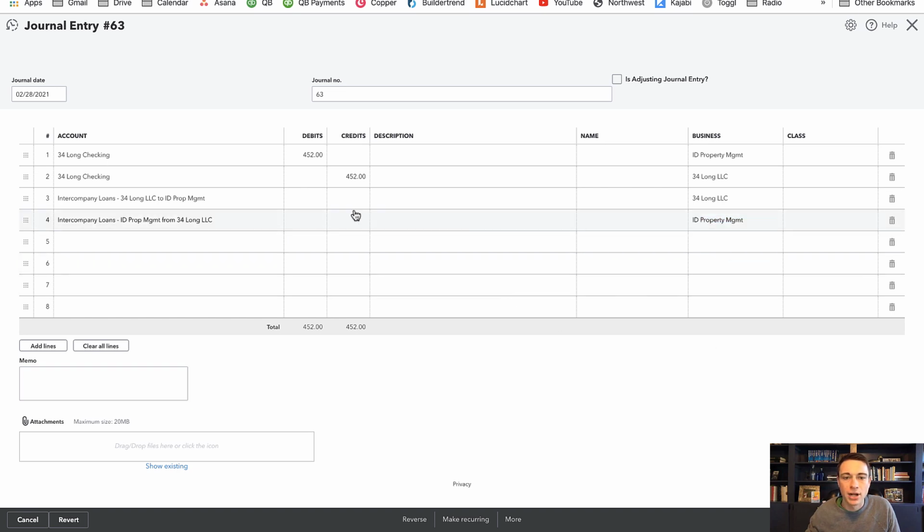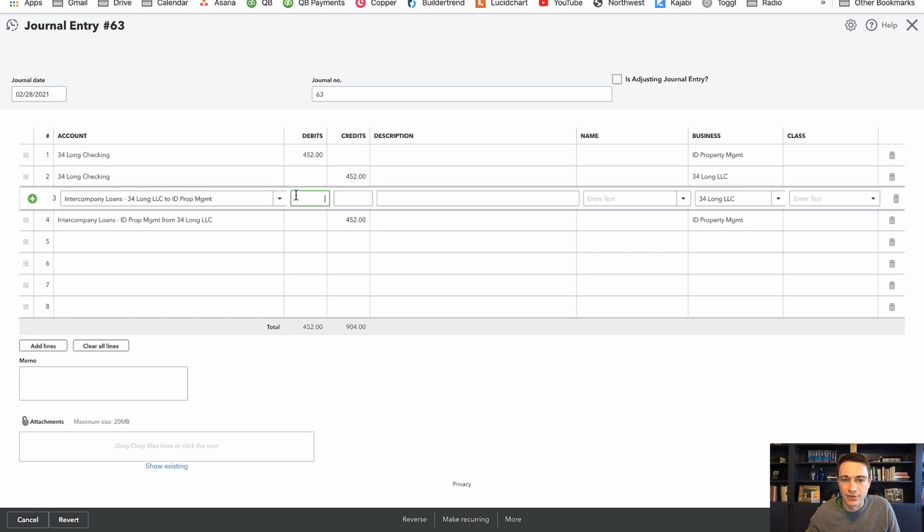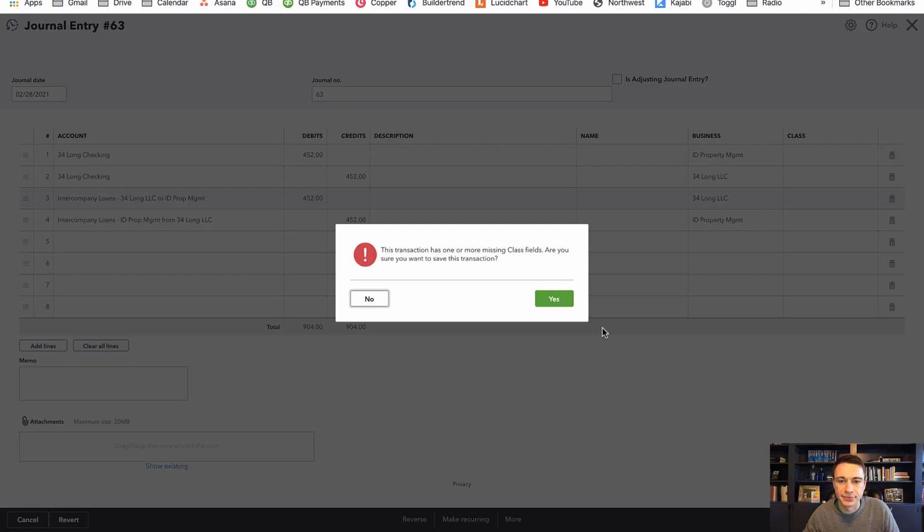All we're going to do is increase the amount of this loan by the amount of this transaction. So in effect, we're saying that we used the wrong card. We made the mistake. In effect, 34 Long LLC is loaning ID Property Management this money. And if I save and close that,